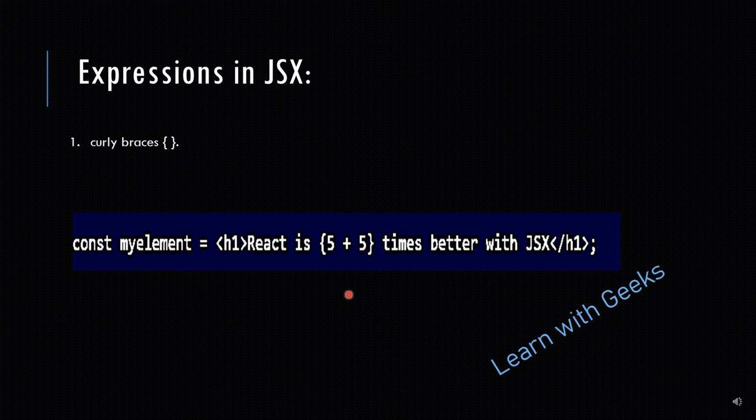So with JSX you can write expressions inside curly brackets. As I write in the curly brackets, there is the expression. Whatever expression you want to insert, you can insert from here. It's necessary to use the curly braces. The expression can be a React variable or a property or any other valid JavaScript expression. JSX will execute the expression and return the result.